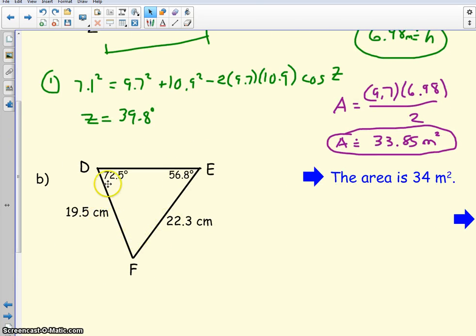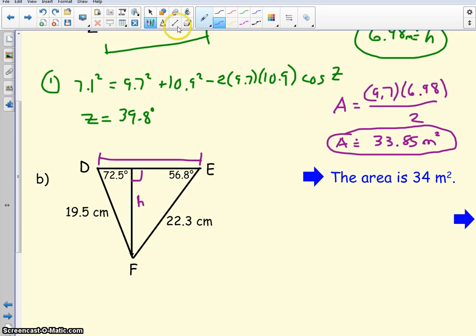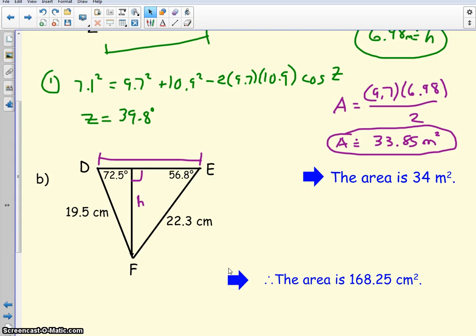angle, if you orient this where you use DE as the base of the triangle, which would mean that you have a height going right around here, give or take. You can find the height of the triangle relatively easily by using SOHCAHTOA. You've got a right triangle right here, so you can use a trig ratio to solve for h, and then you can use some sort of other rule to try and find this length right here, so you'd have your base. So I'll let you go through all that. It's a test for your problem solving abilities, but you should end up with an answer of about 168.25 square